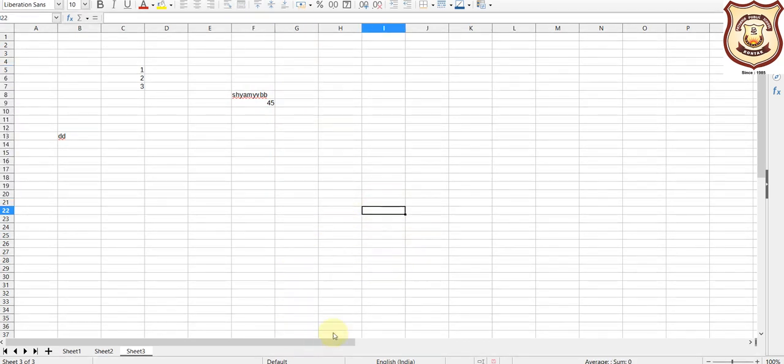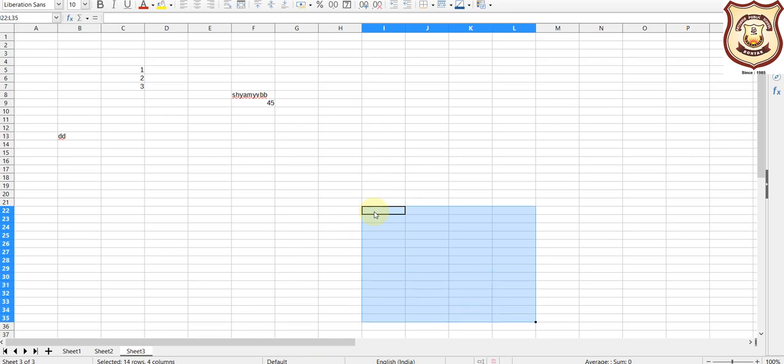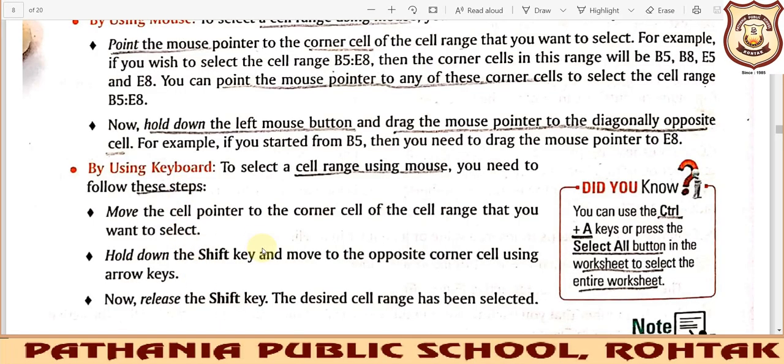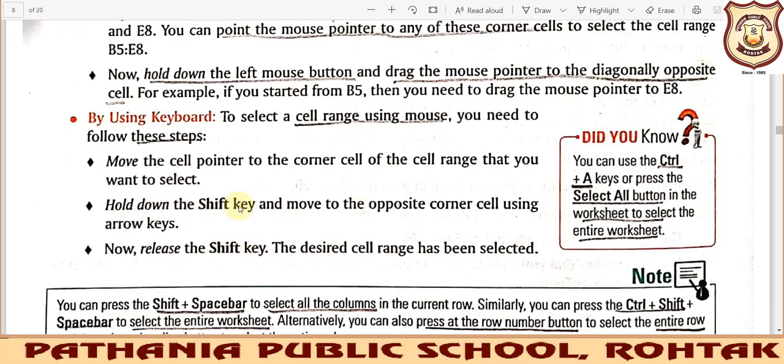Firstly I need to place the cursor where I want to start the selection, and then press the shift key and then move down. This I'm doing with the help of the keyboard. So in this way I can select a particular range. This range may contain data also, so then it will be fruitful for you. So you need to hold the shift key and use the arrow keys to move here and there.